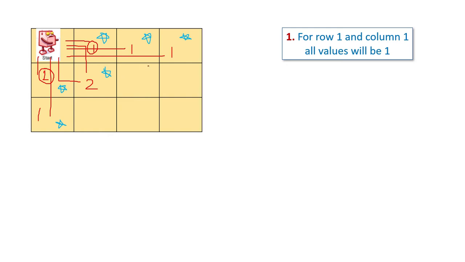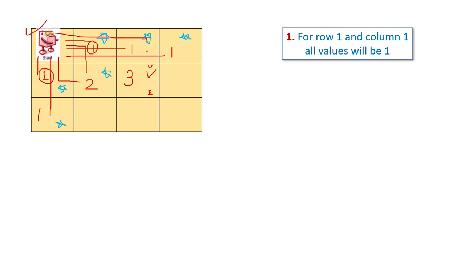Now suppose this point is my end point. How can I come here? You can check the top value, that is 1, and the left value is 2. So the summation of them will be the result. So from here, if I have to reach here, at that time only 3 paths are possible.